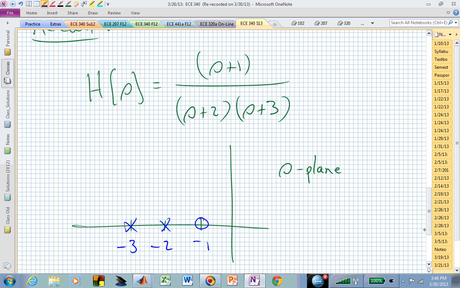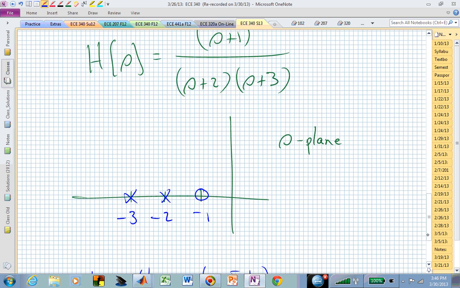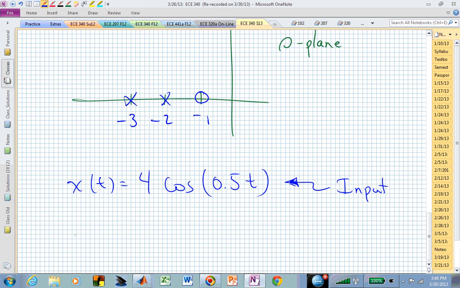You could ask the question, well, how long are we going to have to wait in time until we reach the steady state response? And how would you answer that question? What actually influences the transient? The transient is impacted by your poles, and you know where those are at. They're at -2 and -3. And the time constants associated with those poles are reciprocally related to the pole locations, meaning the pole at s equal to -2